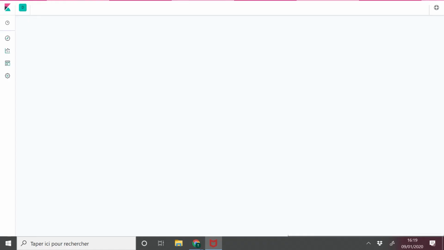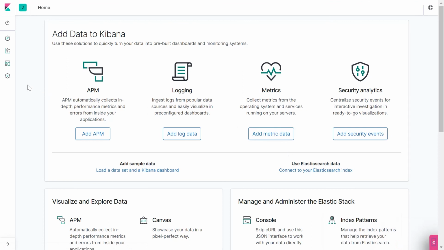made it easy. Now that we are in Kibana Playground, I will show you how to get your file open